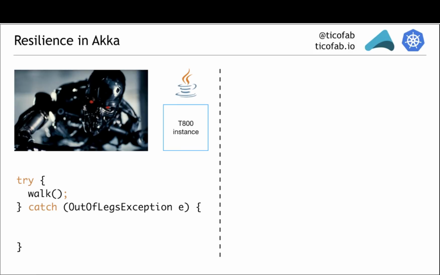And when that happens, you might want to update your internal state, because your legs available is obviously false now, and then provide some alternative ways of moving. And I think we've all been there, and it gets messy from there. Lots of things can go wrong, and it's very difficult to track the state and to reconstruct it.